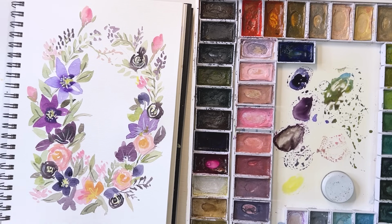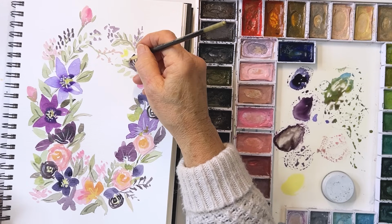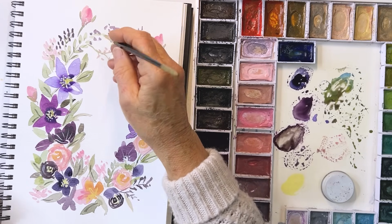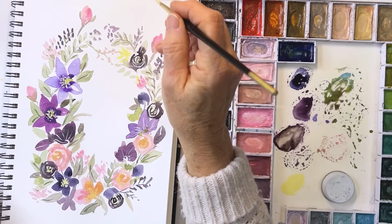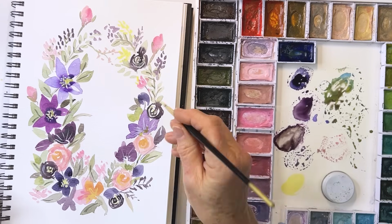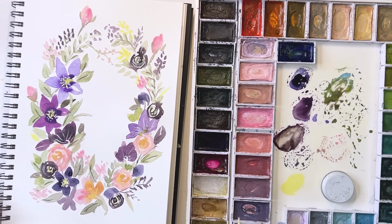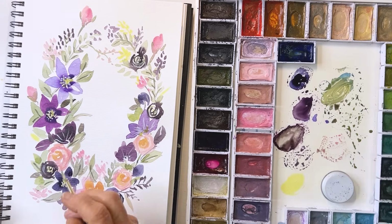I'm just sort of doing this on the fly, sort of off the cuff. That's it, off the cuff. Do you say that in America? And we can put some lighter flowers in. Some very light leaves, perhaps. Pick up the green and make that kind of